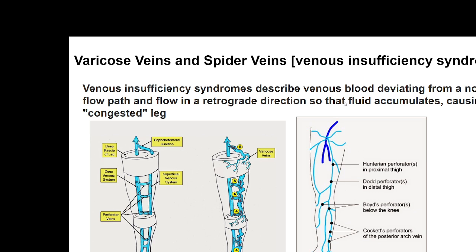Or the third possibility is if there is increased intra-abdominal pressure, the pressure in the abdomen is increased, that results in the incompetence of the saphenofemoral valve, because the pressure from the other side is more. The saphenofemoral valve gets weakened, or is not capable of sustaining that force. Then the blood will flow from the inferior vena cava into the superficial venous system. That's how the varicosities can occur.